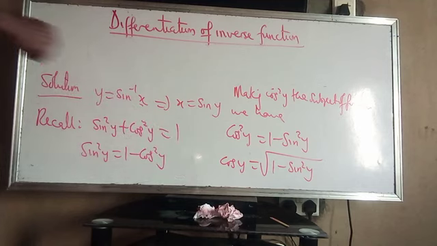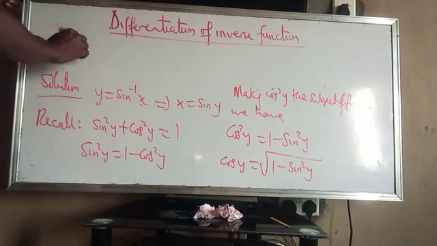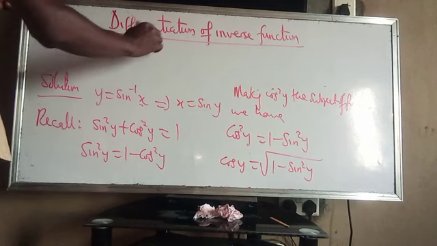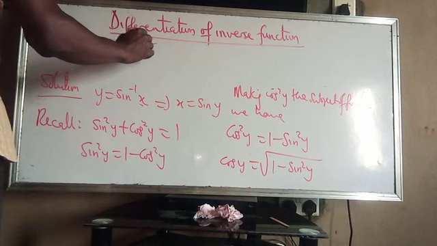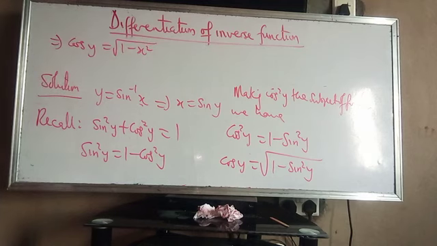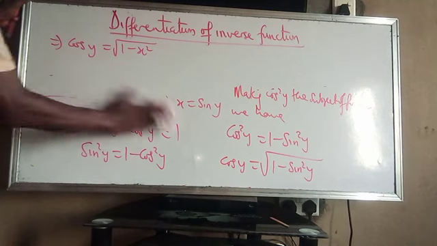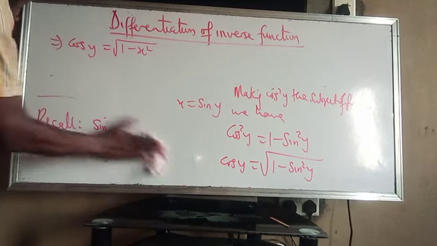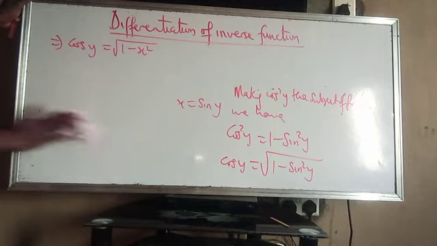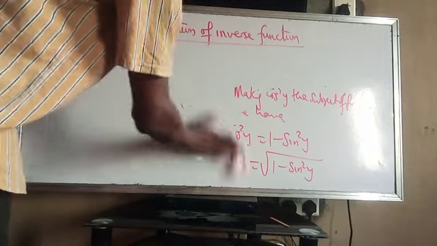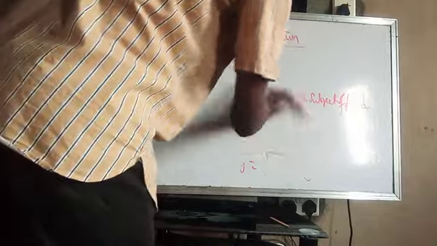Then we have what? That implies cos y equals the square root of 1 minus x squared. Yes. Cos y equals the square root of 1 minus x squared. I hope you understand how we got that, because